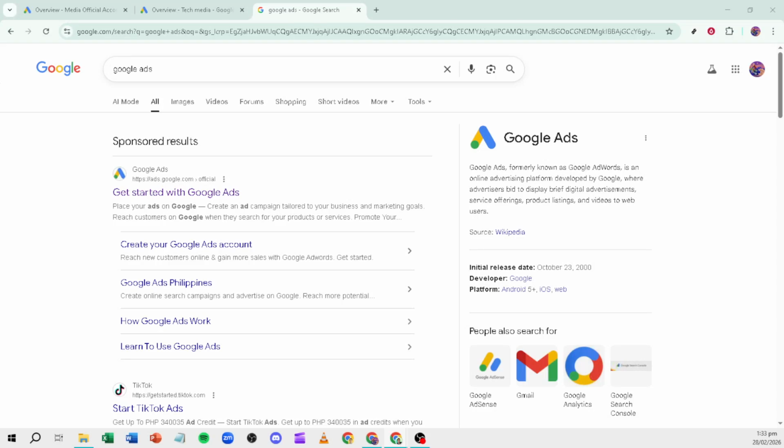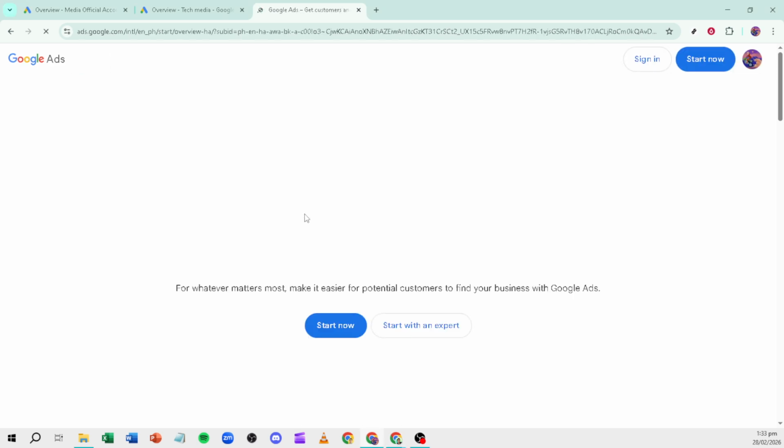In today's video, I'm going to teach you how to create a Google Ads account without a campaign. First, open your browser and head to ads.google.com. On the landing page, look for the Start Now button and click it. This takes you straight into the setup flow so you can get your account ready without having to build an